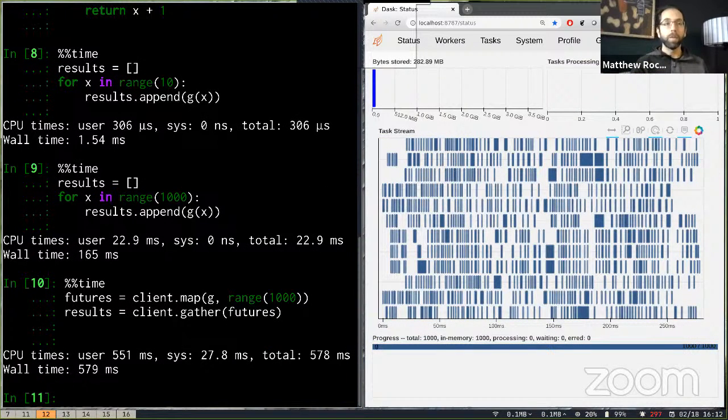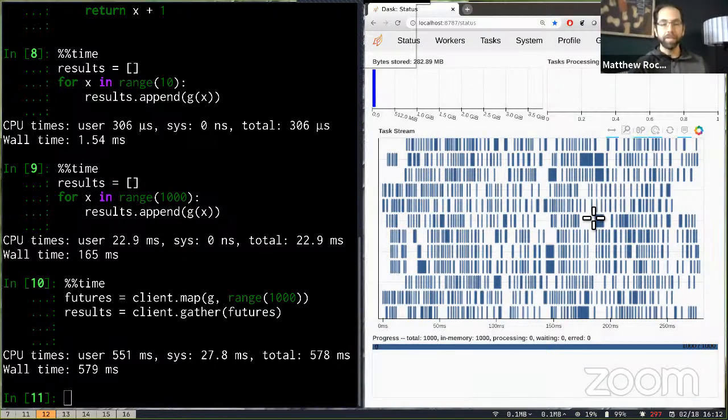Right, so when we ran this sequentially, up here in cell 9, it took 160 milliseconds. We run this in parallel. It actually ends up taking longer, right? Just like the overhead of using Dask actually makes things slower than it would normally have been. And we can see that in the task stream here,